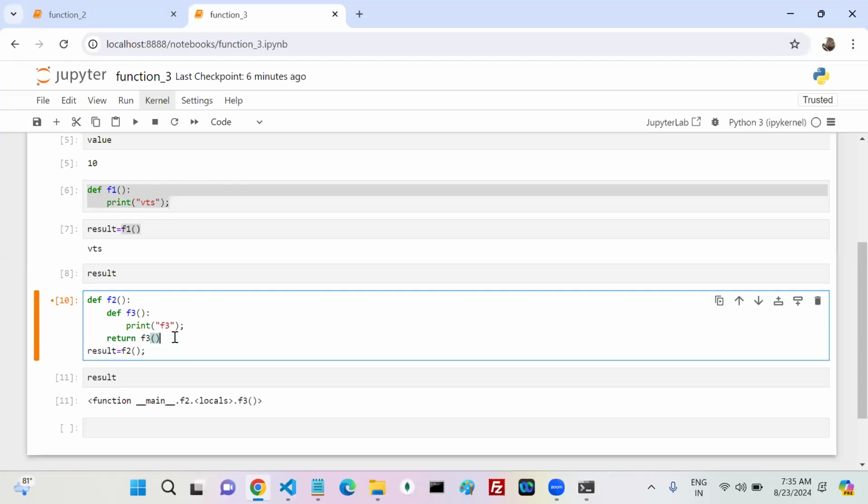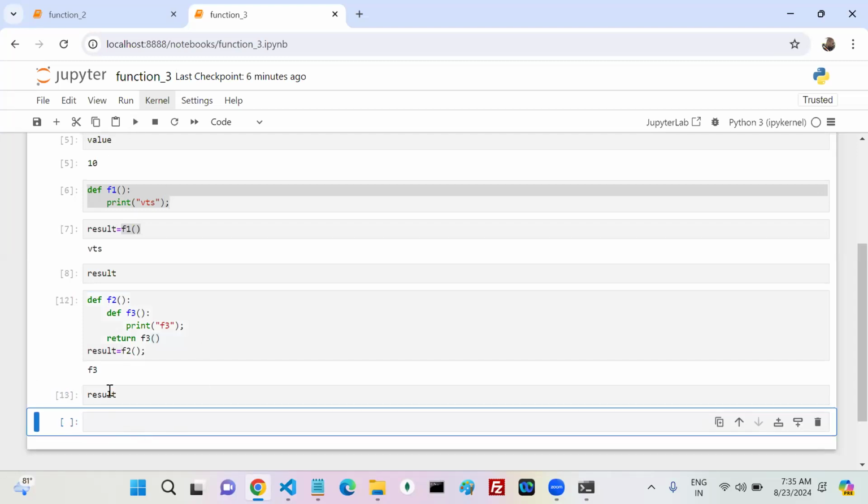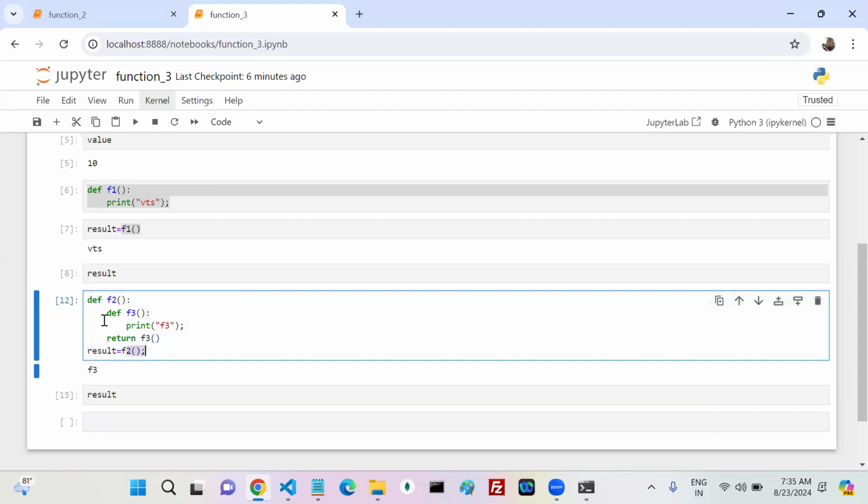If I write it like this, what is my result? None. Nothing. Empty, right? Why? Because whenever you call f2, f2 returns f3 calling. f3 calling means again we have a function f3, you can call it.